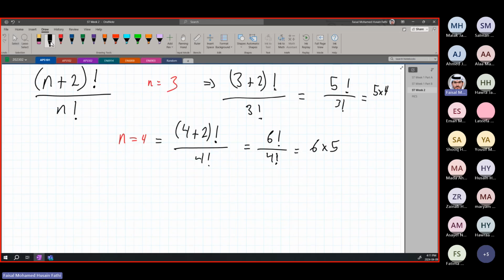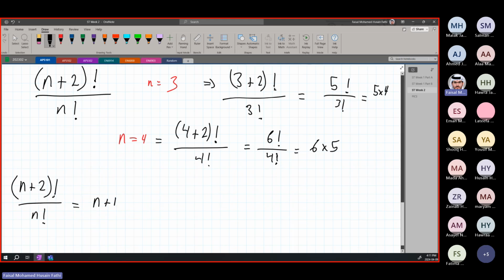So the simplification of it is going to be n plus 2 factorial over n factorial. What is 5 compared to 4? It is n plus 1. What is 4 compared to 3? It is also n plus 1, so that's repeating. Times, what is 6 related to 4? It's n plus 2. What is 5 related to 3? It's n plus 2. So this is what we are getting as an answer. We're getting n plus 1 times n plus 2.